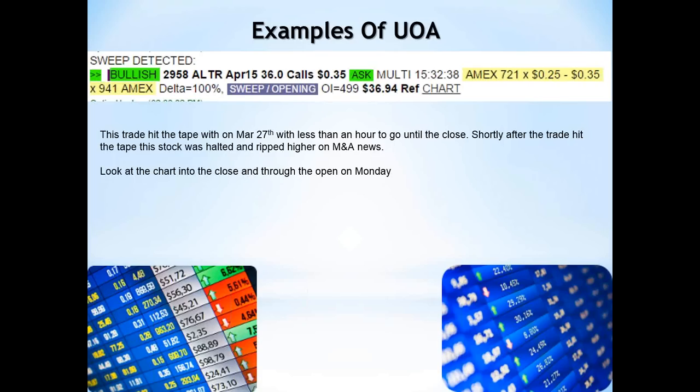Someone says, do you follow orders at the bid or the ask, or is it not? So yeah, typically when we're looking at unusual options activity, the most aggressive orders are ones that trade on the bid or the offer. Anything mid-market, it's a lot more difficult to determine whether it was a buy or a sell, and it also shows me that the trader wasn't quite as aggressive.